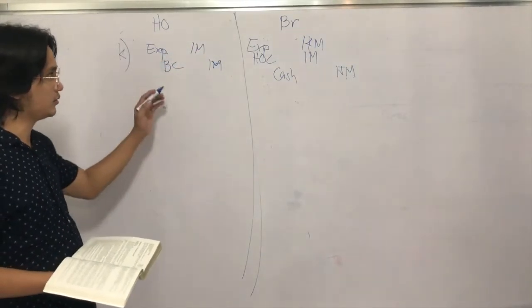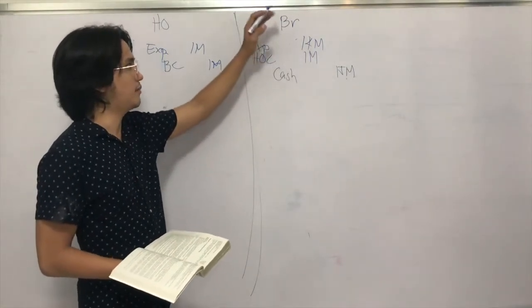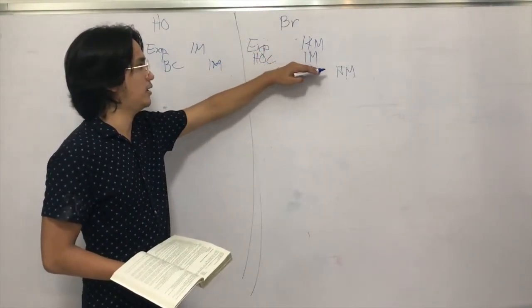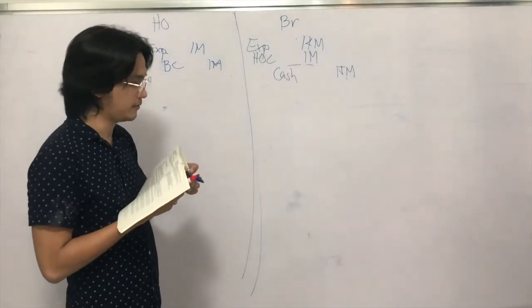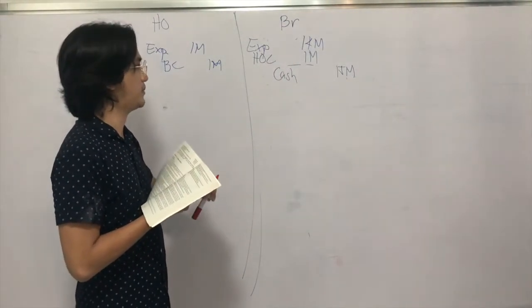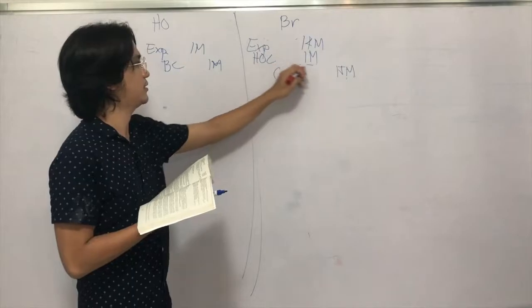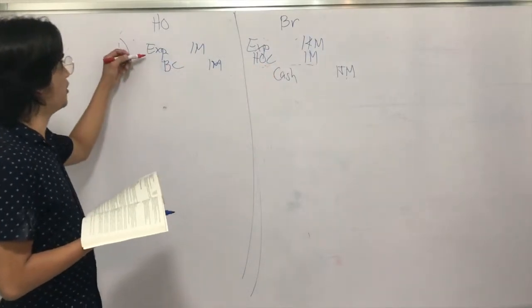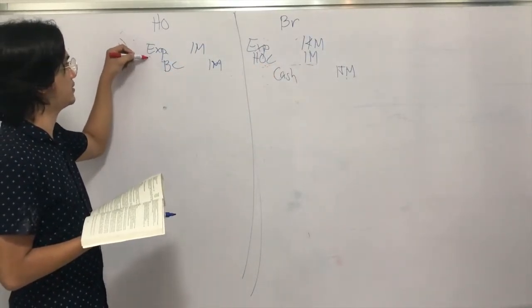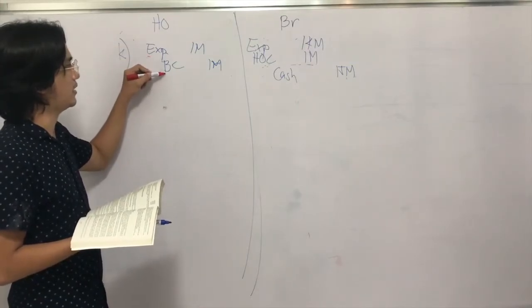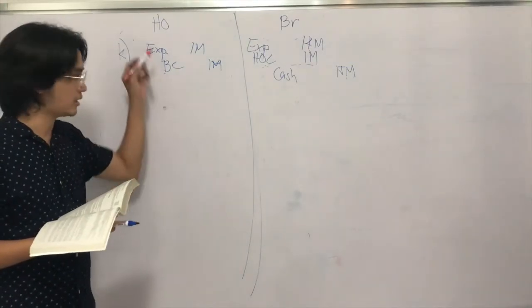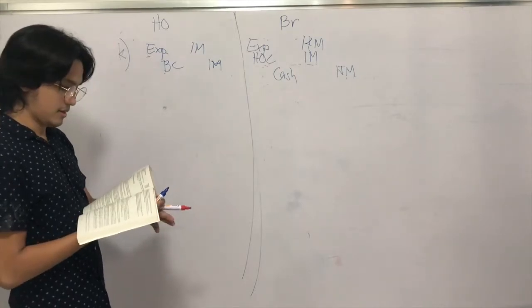So take note, in this, it's the branch who paid for the expenses of the home office. So the home office should properly record its expense by debiting expense and crediting the branch current, decreasing the investment account. Letter L,